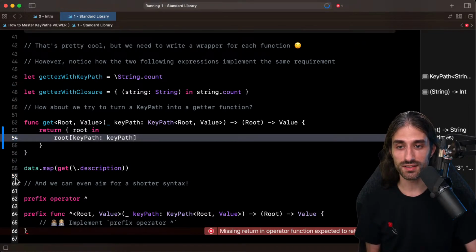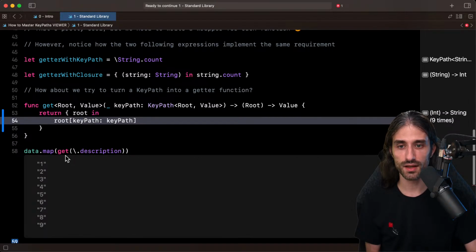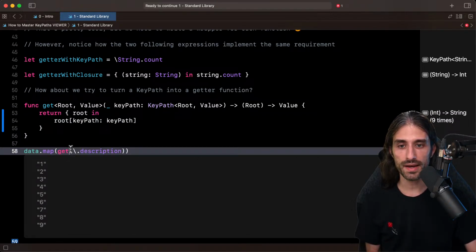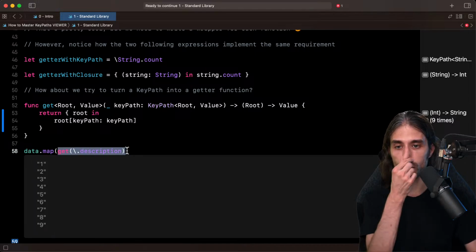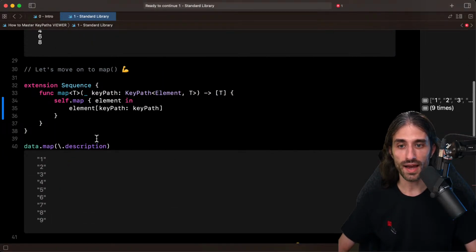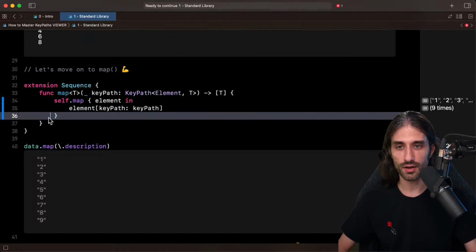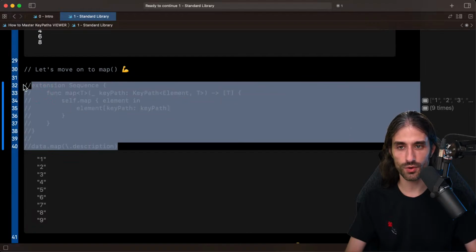And now you can see if I call it right here, we can call the function map by passing the key path and turning the key path into a closure through the function get. And so actually I can try and remove, so comment out this code right here.